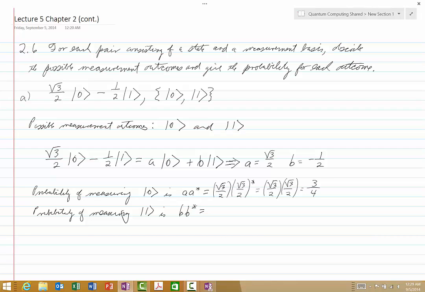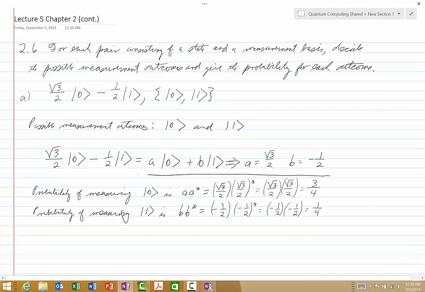And likewise, for the second probability, we have minus 1/2 times minus 1/2 conjugate, which is minus 1/2 times minus 1/2, which is 1/4. And so here are the probabilities